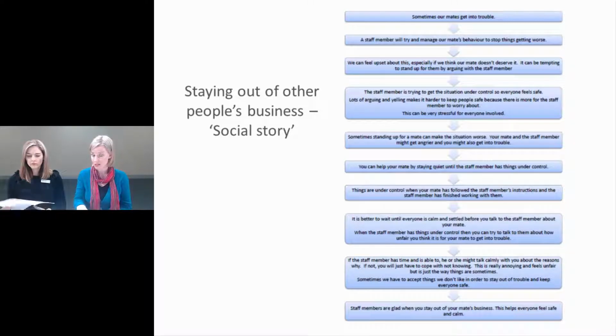Those without speech, language and communication needs may understand the potential problems with coming to a mate's defence, for instance, and how this could get them into trouble. However, young people with speech, language and communication needs may struggle to see the links. This visual provides a youth-friendly example that describes some of the processes we might take for granted. I say youth-friendly because often social stories are associated with young kids and they have lots of pictures and that sort of thing, but this follows the same format as a social story, just without the kiddie pictures, I guess.